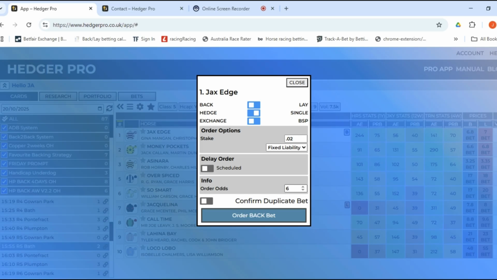One thing you'll notice is that the current odds are 6.8, and for some reason, I don't know why, the system always auto-fills odds a few ticks lower than what's currently available. So just make sure you put in the current odds so that there's no chance you're taking worse than what is currently available. And once you've filled all that in, you can order the back bet, and